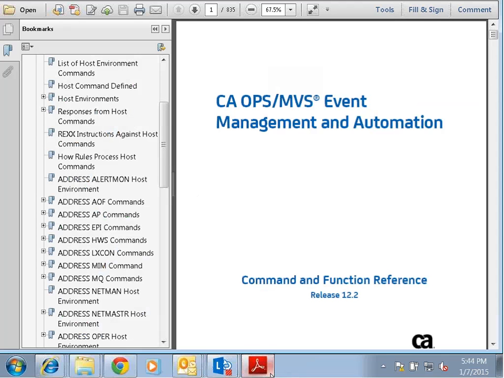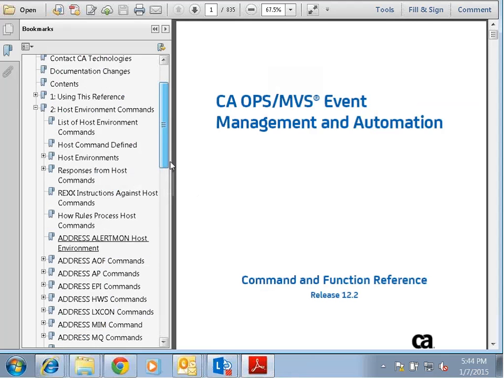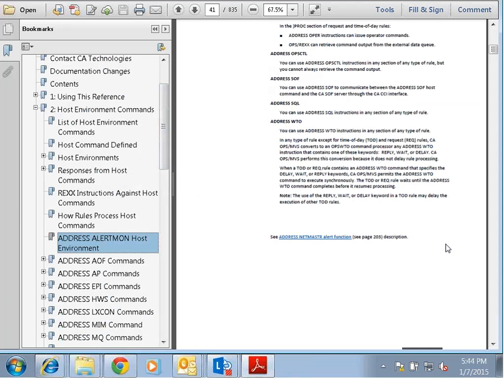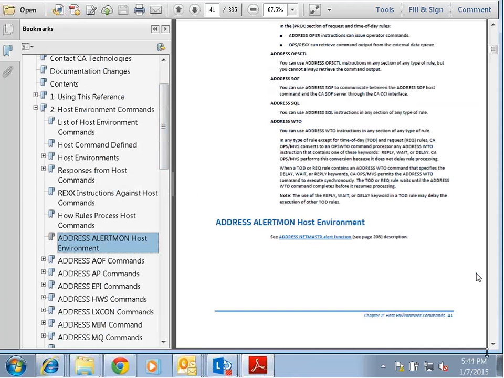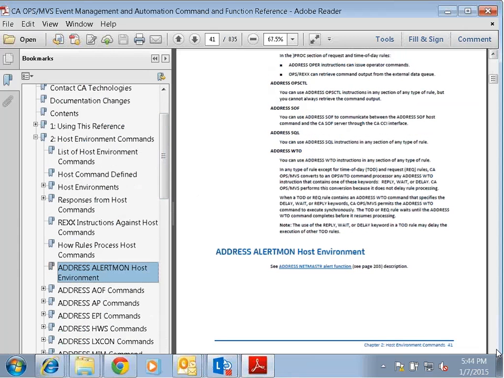So Claude talked earlier about the alert monitor, and he mentioned that there was an OPSREX address environment to open alerts, and I just want to show you where you find information on that. What we're showing here is the OPSMVS command and function reference for release 12.2. In here, you're going to find a section on the host environment address commands. There's a command here called address alertmon, and when you go to that, it's basically going to give you information that it's a